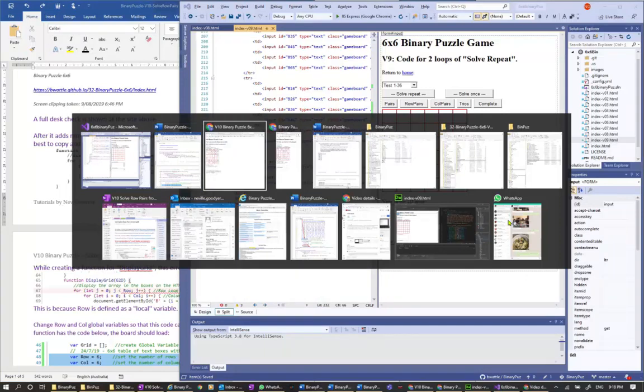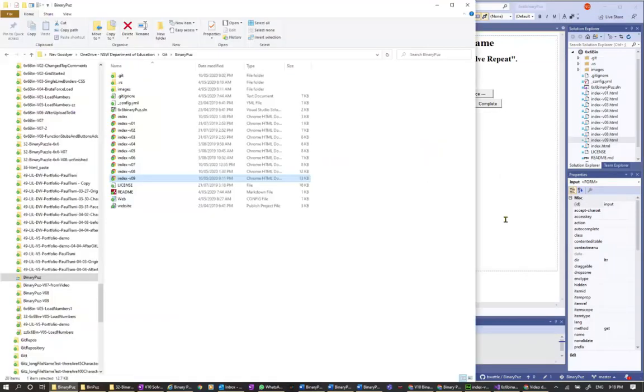I don't know that I've got a... I'm working on version 9 again. Okay, copy, paste. I need to be working on version 10. By the way, I did copy the whole folder and back up the whole folder. Maybe not, maybe that's overkill. Alright, so version 10, let's look at it